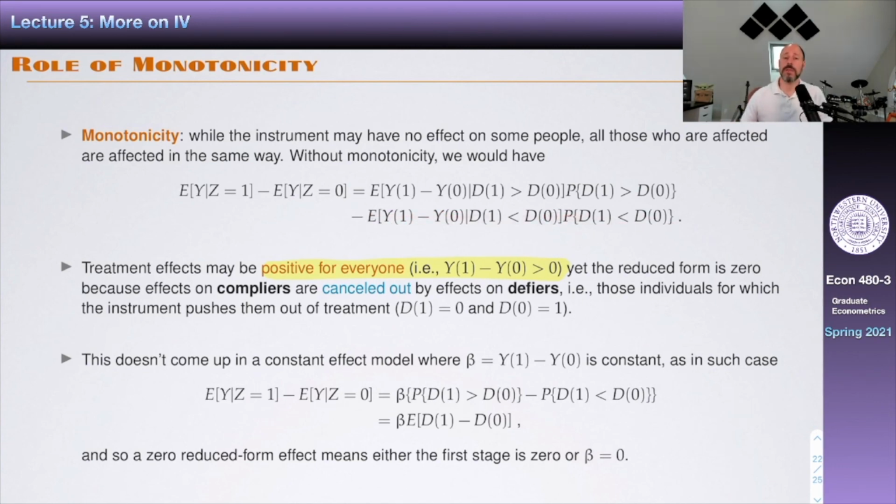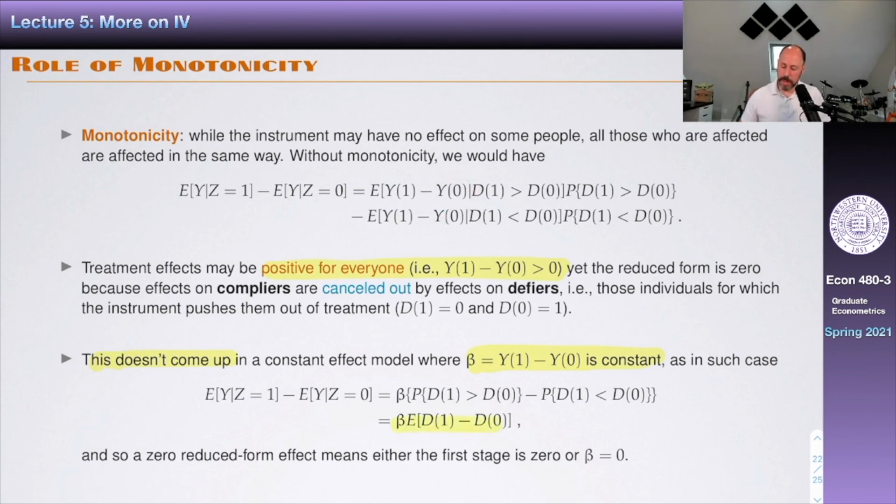And that's exactly what monotonicity is giving you. And then you may say, well, what's going on here? Whenever we were dealing with the linear IV setting, we never had a problem like this. That's true because it doesn't come up in the linear IV model, with constant homogeneous effects, where y1 minus y0, which we call beta, is just constant and is the same for everybody. Well, if that's the case, you just plug that into the expressions that we have here on top, and